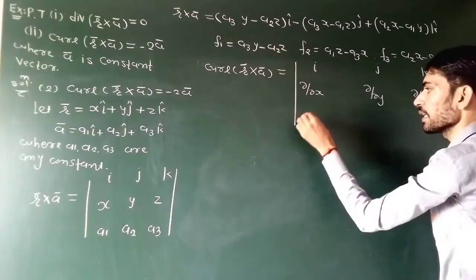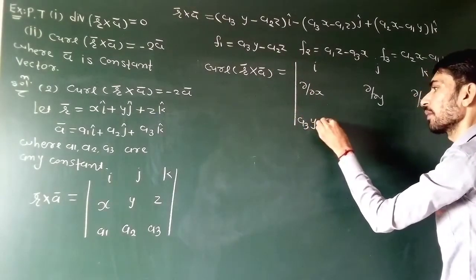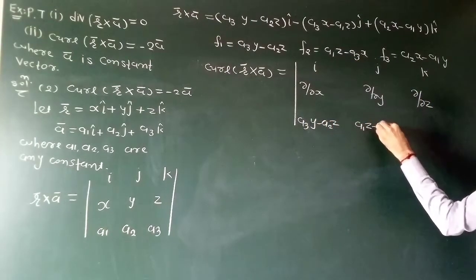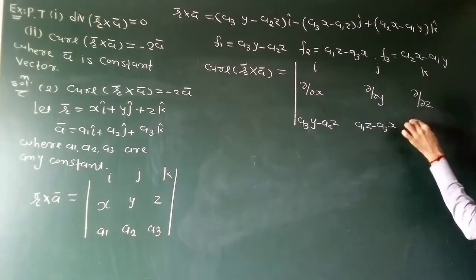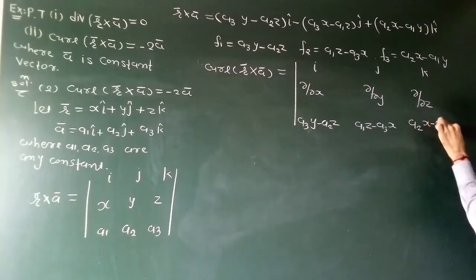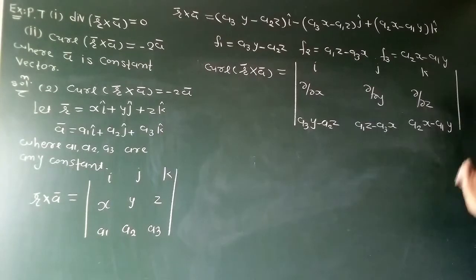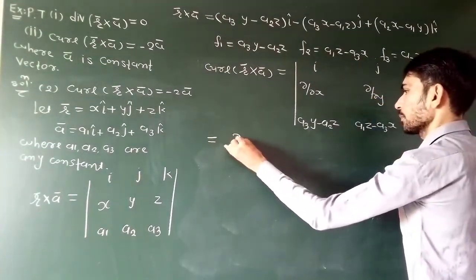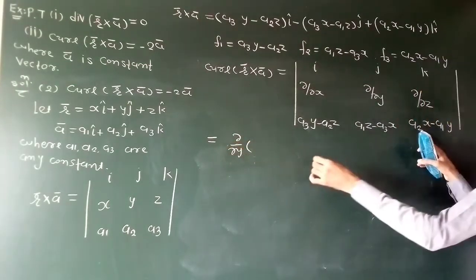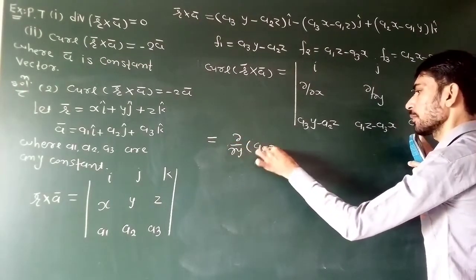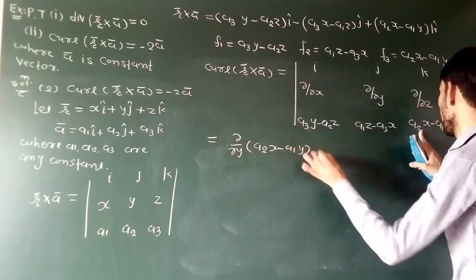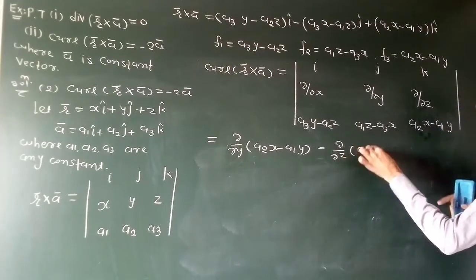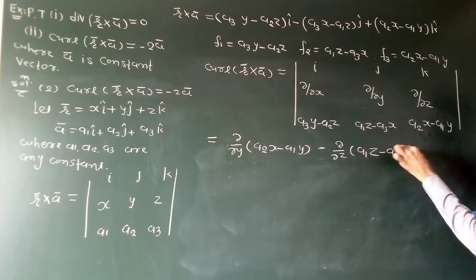Here we write the f1, f2, f3. Our f1 term is a3y minus a2z. Our f2 term is a1z minus a3x. f3 term is a2x minus a1y. Now we just simplify this. So del upon del y into a2x minus a1y, minus del upon del z into a1z minus a3x